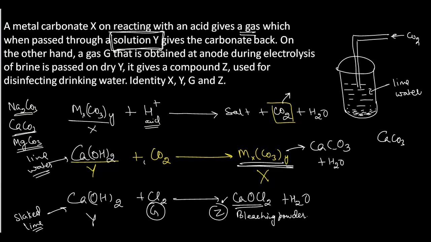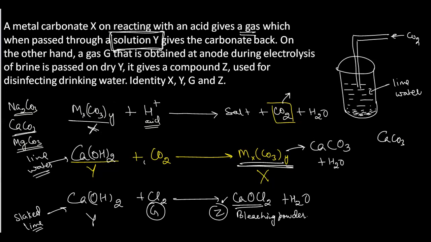calcium carbonate, CaCO3. So in CaCO3 we are assuming that the metal carbonate X is actually CaCO3. Means ये जो X compound है जो वापस बोल रहा है कि it will give you back, वो X compound जो है that is the calcium carbonate. Now it is being given to you in the question.